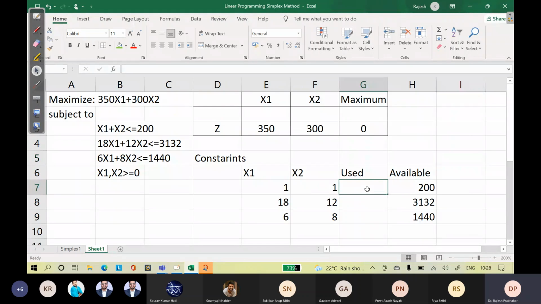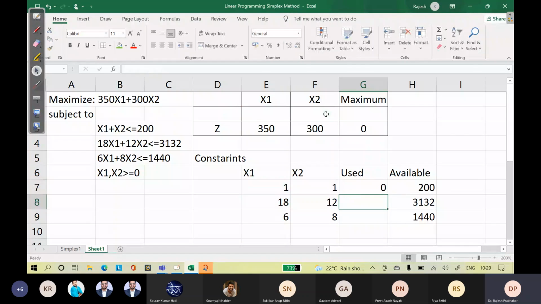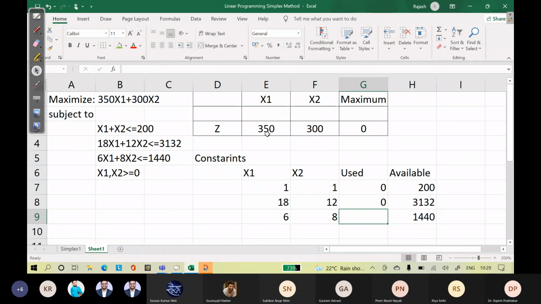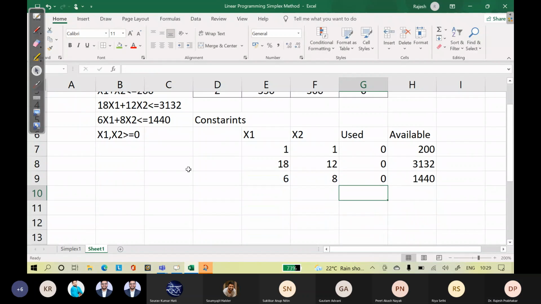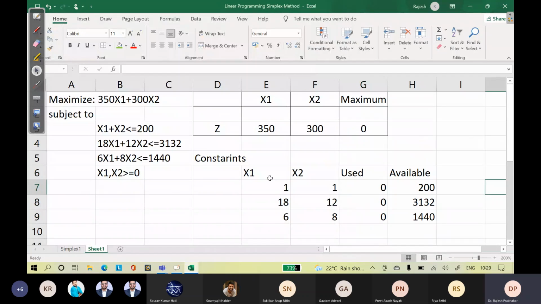So we have to give the used formula also. Used is equal to this into this plus this into this. Similarly, it is equal to this into this plus this into this. Similarly, it is equal to this into this. So we have set up the constraints table also.